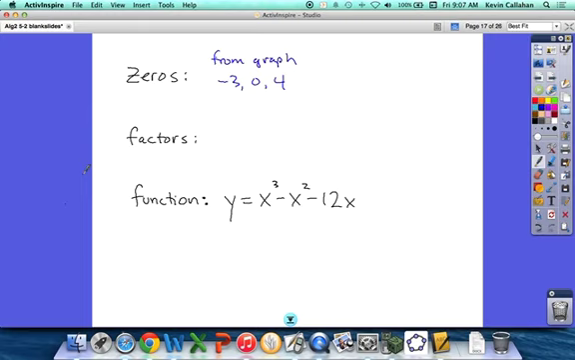Okay, so what does that make the linear factors? X plus 3 times x minus 4 times x. Okay, and what would have been the factored form of this function? Y equals x times, right? So the first part of the